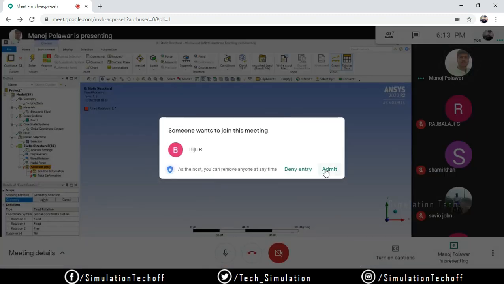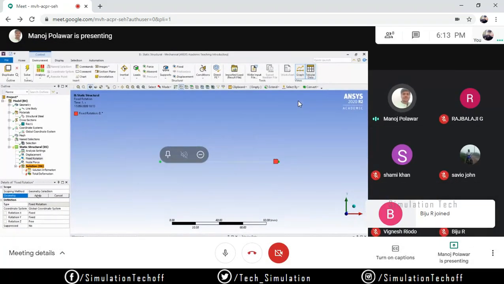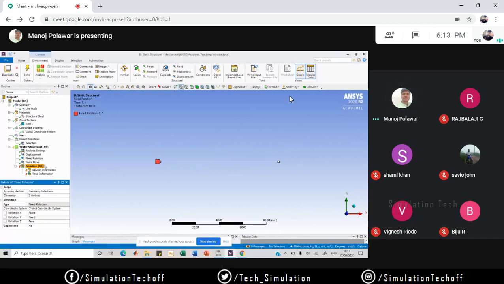Okay, so this is the setup for a simply supported beam, right? Now click on solve. Now it is solved. Click on solve. Okay, now it came.